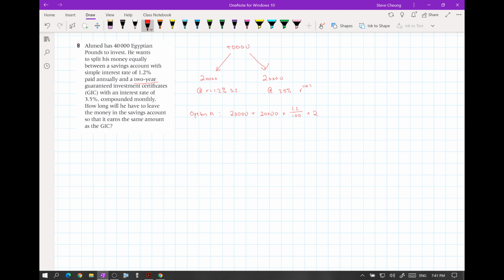So that's how much it's worth for option A. And for option B, it will be 20,000 times 1 plus 3.5 divided by 100 times 12 is monthlies. So let's work out what they are worth. First option is 20,480